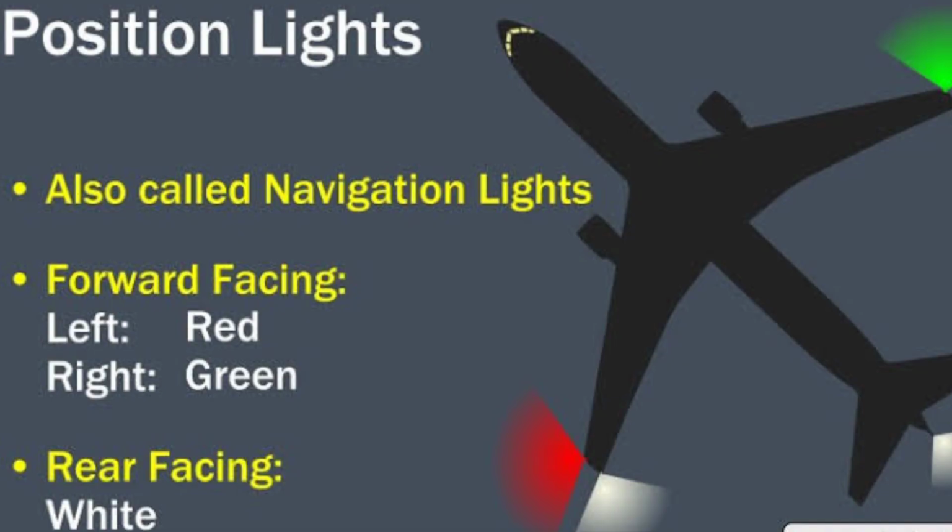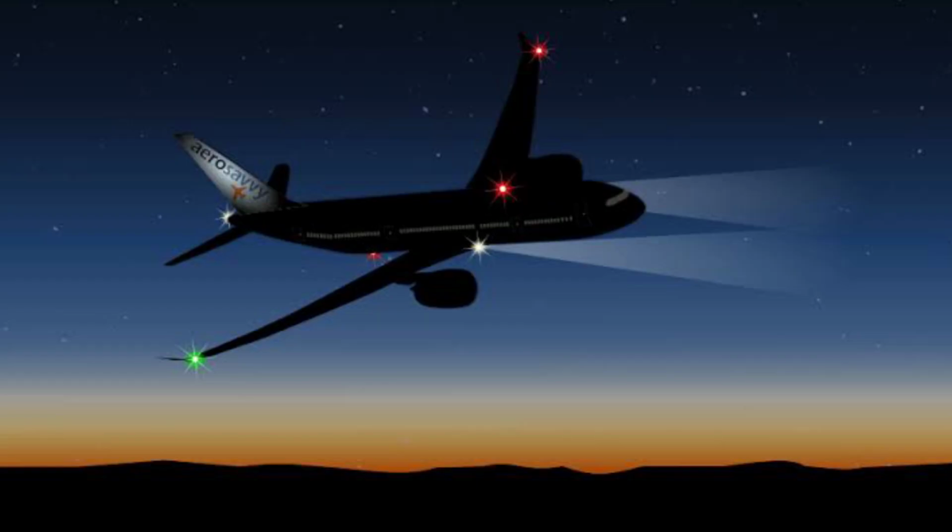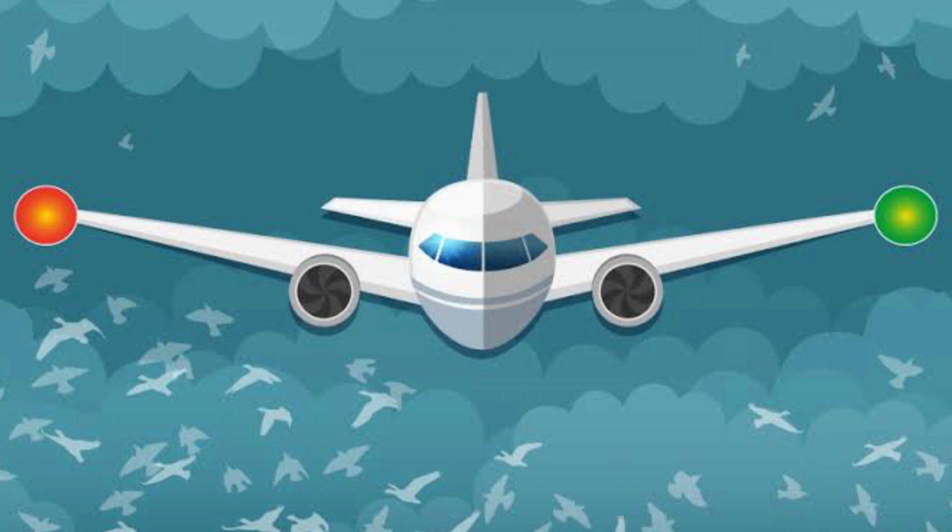Now friends, I want to revise navigation light and anti-collision light. In navigation light, a set of position lights consists of one red, one green and one white light. On some aircraft, single lamp and double lamp are used. The green light unit is always mounted at the exterior tip of the right wing, red light at the left wing tip and white light at the vertical stabilizer. Position light is also known as navigation light. Traditionally, position lights use incandescent light bulbs. LED lights have been introduced on modern aircraft.